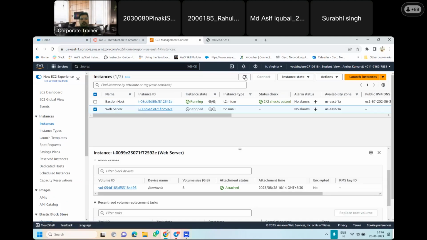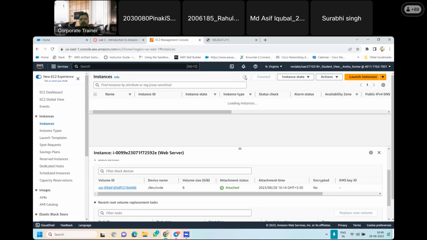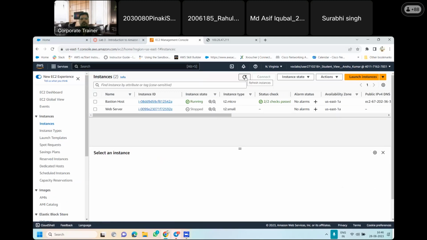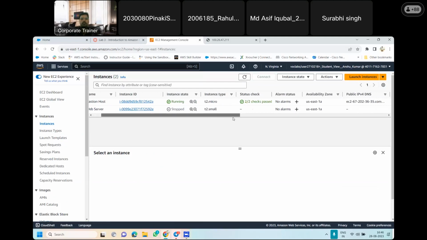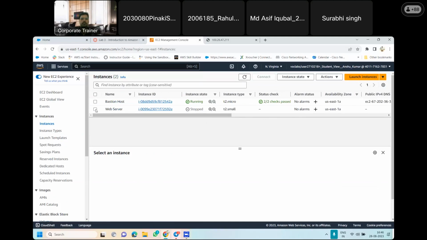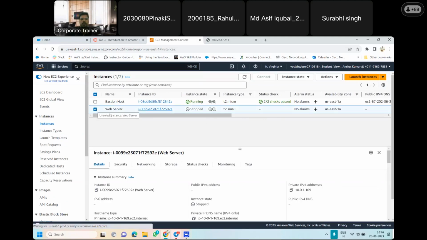Just refresh this. Now you can see the instance type T2 small. Initially it was T2 micro, that we have changed. Just select this. You will find in the storage section